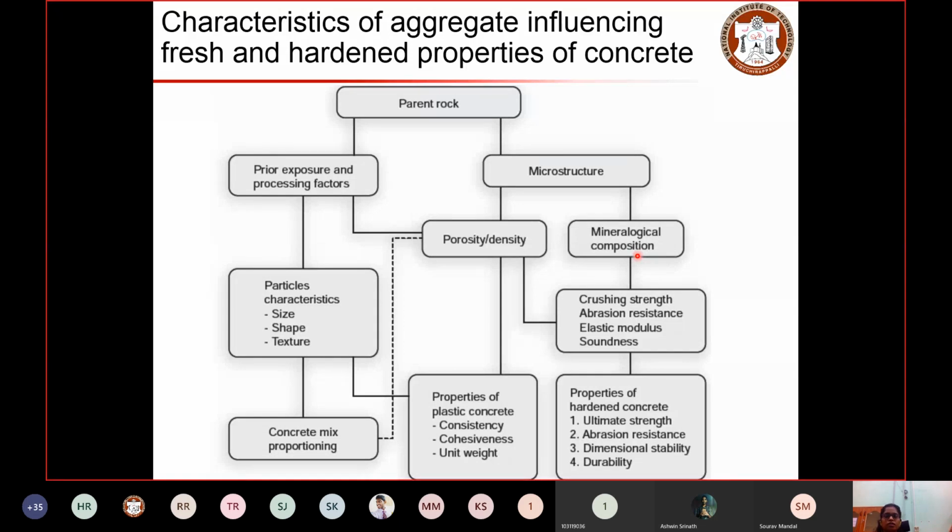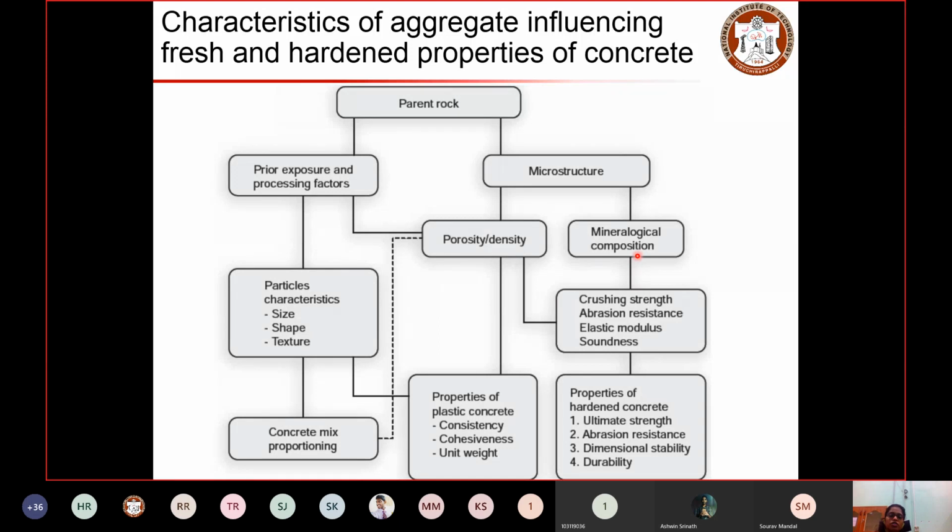So in such cases, the sources of aggregates could differ depending on the rock or the materials that we obtain. So that would be silicate in nature. In the previous lecture we saw the different types of aggregates that are classified based on mineralogy. So that could be silicate aggregates or calcite aggregates and limestone based, all those things.